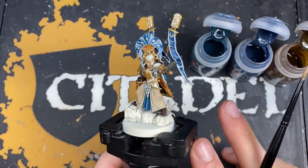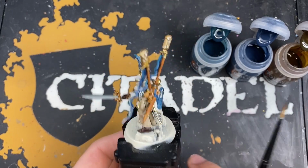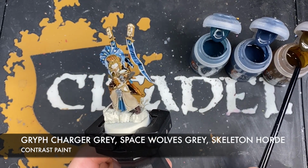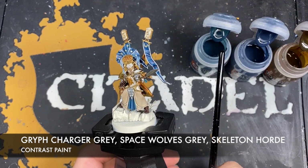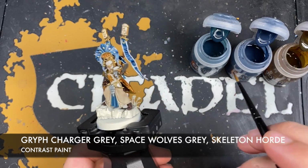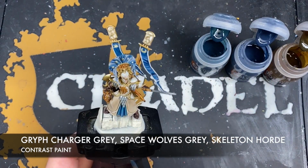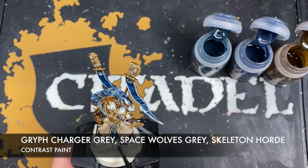And with that face done, all that's left to do is to finish off his base. Now, the colours that we're going to be using are Gryph Charger Grey, Space Wolves Grey, and Skeleton Horde. Space Wolves Grey, I'll say that again. Gryph Charger Grey, Space Wolves Grey, and Skeleton Horde. Now, the way we're going to do this is we're going to start by taking some Gryph Charger Grey. And we're going to coat this all over